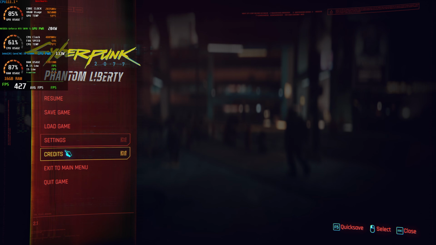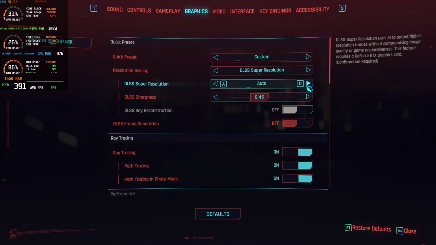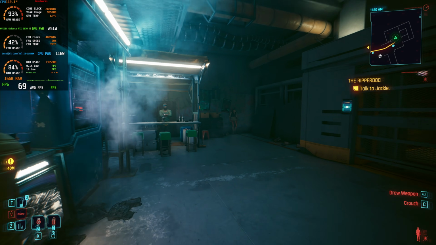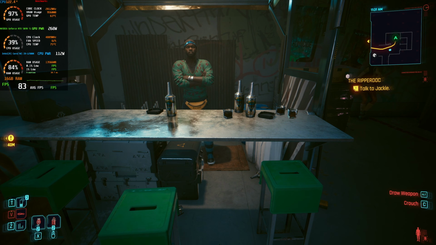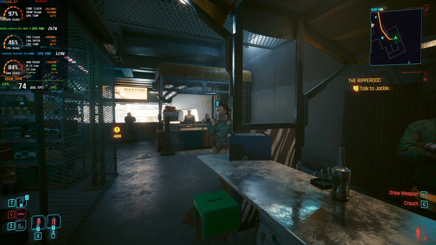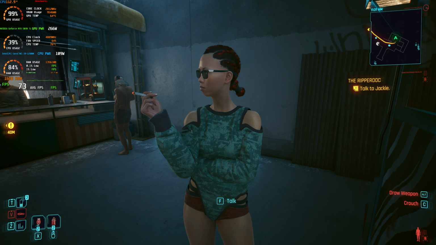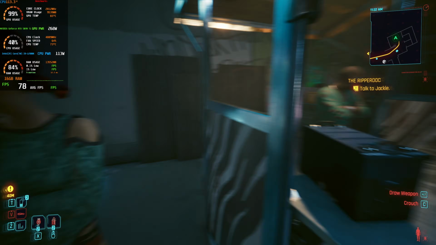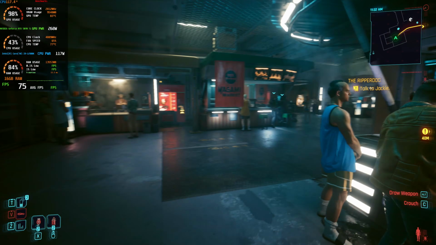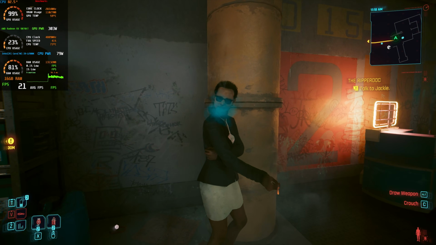But I was getting an average FPS of like 60 with DLSS set to quality, whereas with no ray tracing, just running the game at the raster performance, I was averaging an average FPS of like 70, whereas if we switch to the Radeon RX 9070, running the